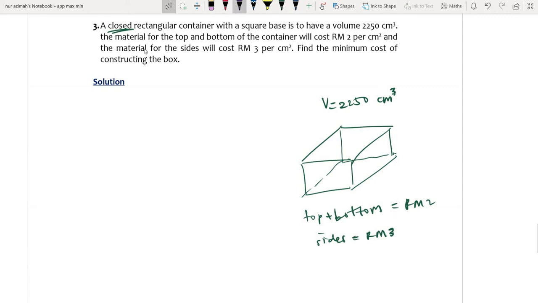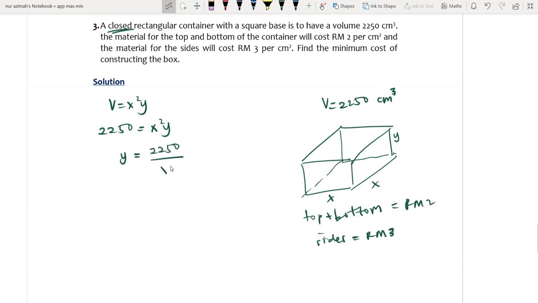Okay, so right now, the information that we have is this: a closed rectangular container with a square base. That means here is X and X. You may use H, but I prefer to use Y because I have used X. So V is X squared times Y, length times width times height. So next we have 2250 equal to X squared Y, which gives us Y equal to